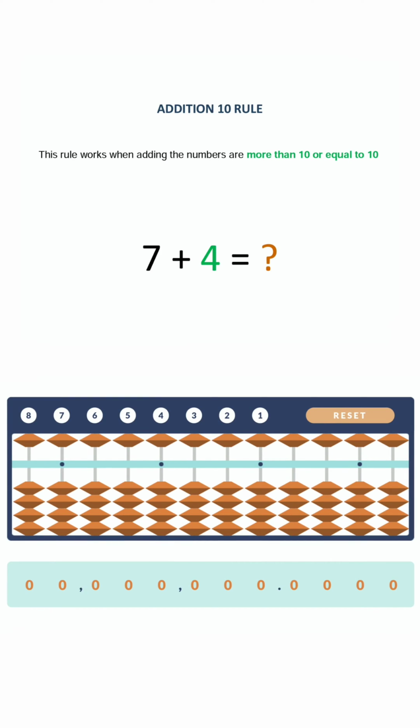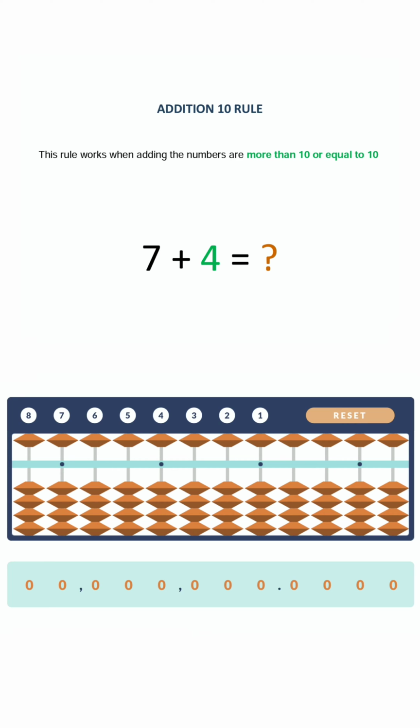Hey everyone, this is Abacus.com, and we wanted to cover a brief video on something that we call the addition 10 rule. The way this rule works is because we're adding numbers that are more than 10 or equal to 10, we have to be able to do so on an abacus. So in this instance, we're going to go over 4 examples, and we're going to start with our first one,